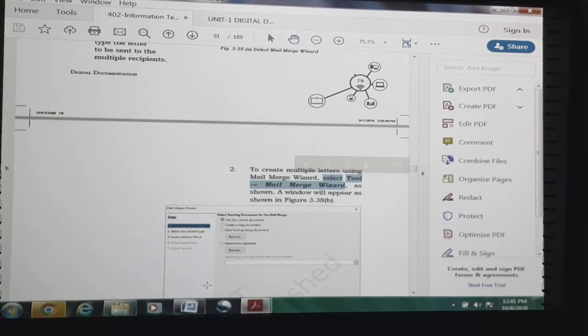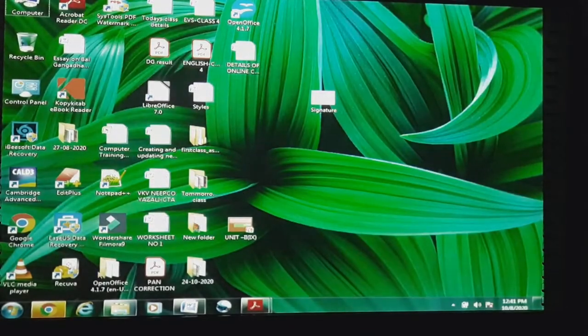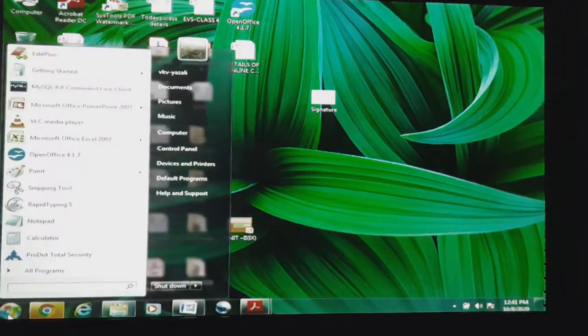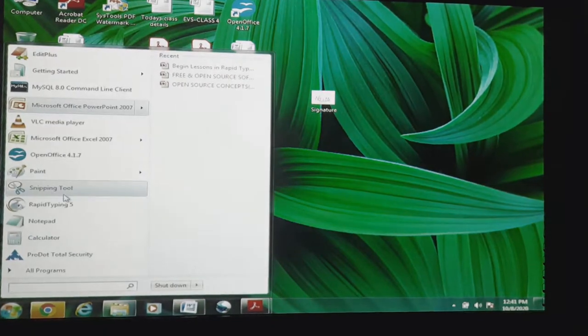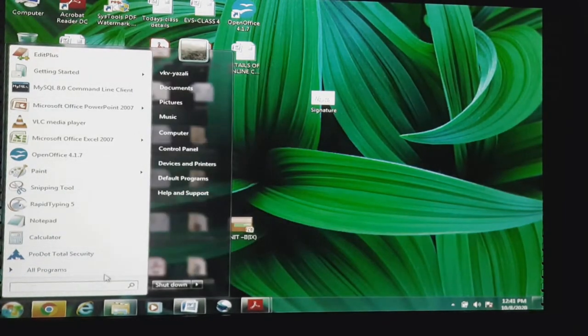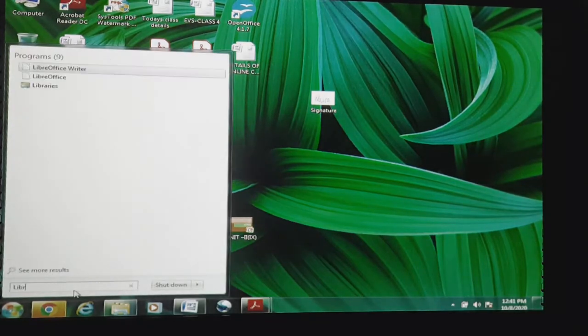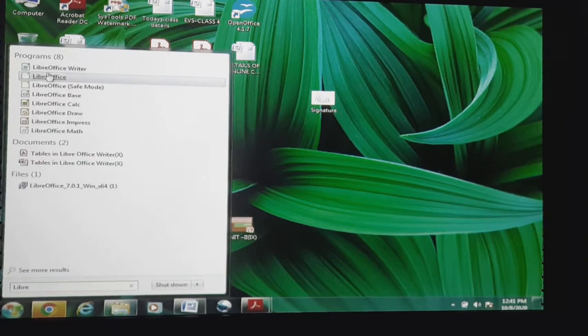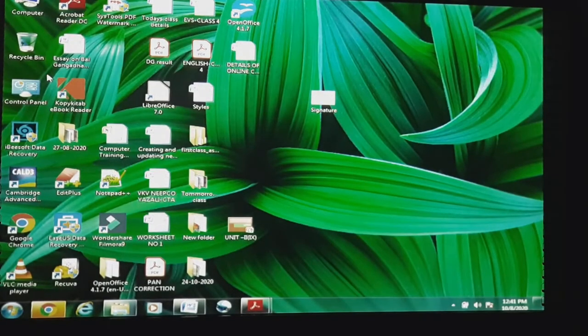Now, go to the desktop. Here it is, LibreOffice. See, the LibreOffice Writer application came in front of us, or directly LibreOffice is there. Open the complete application itself.